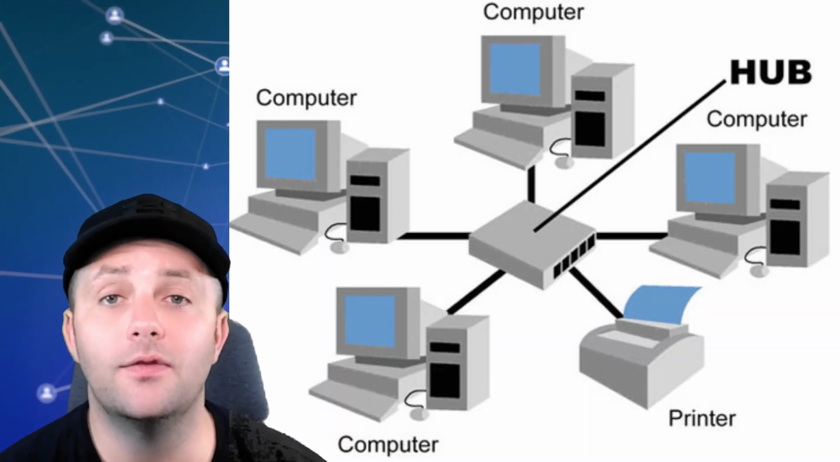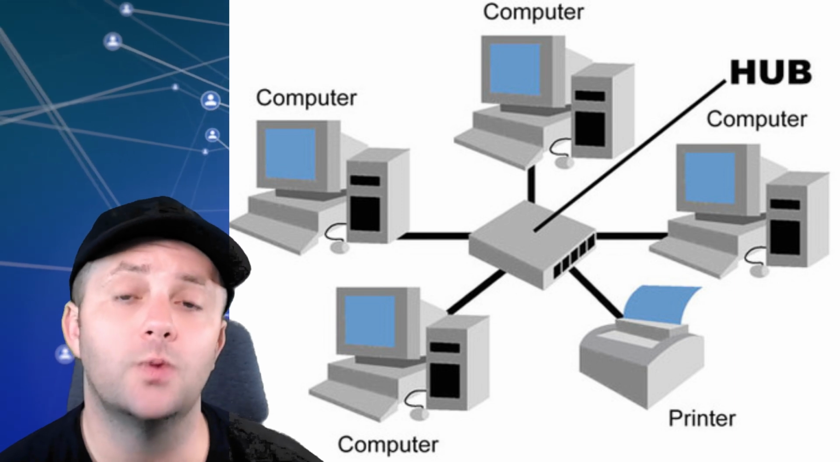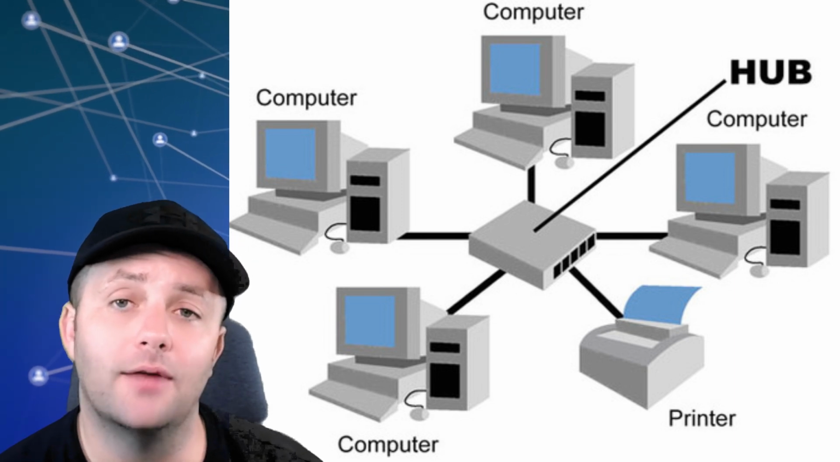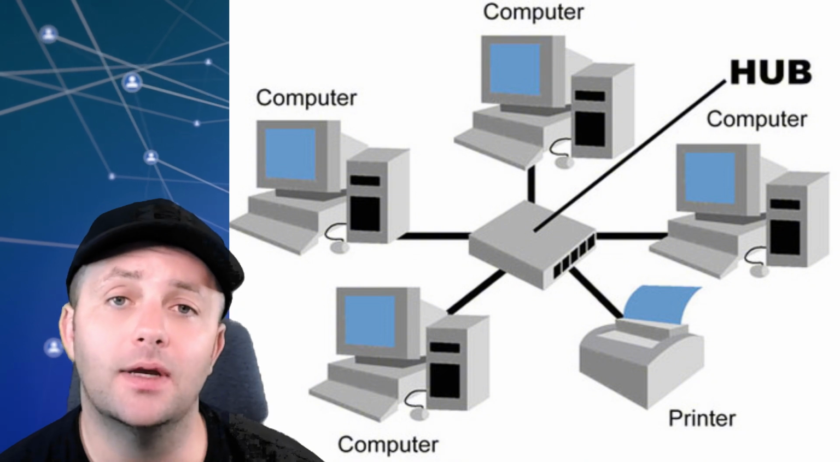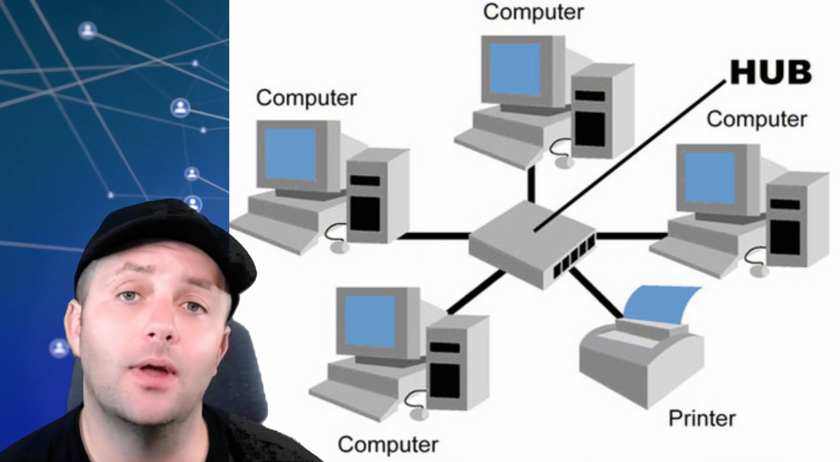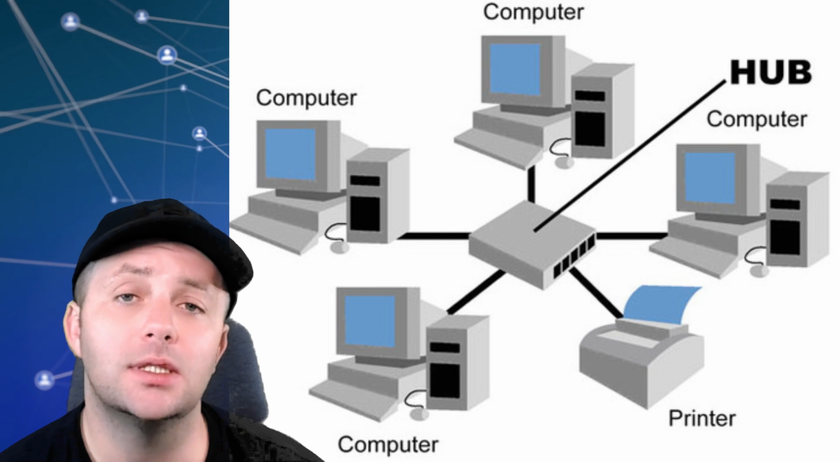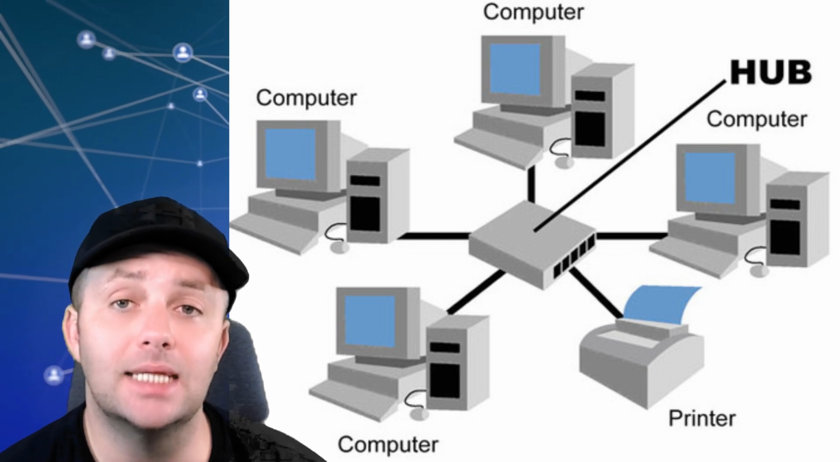Next, we have the star topology. In a star topology, all devices are connected to a central hub or switch. The hub acts like a traffic controller, directing traffic between devices. This topology is a common one in home networks and small offices because it's easy to set up and easy